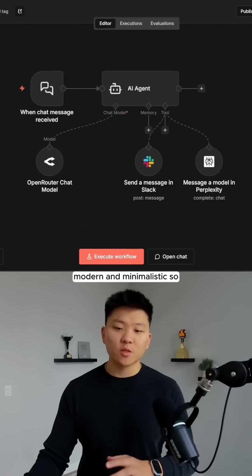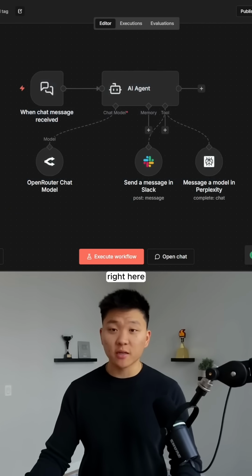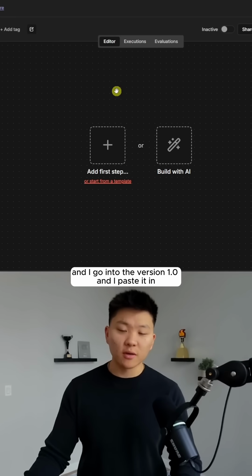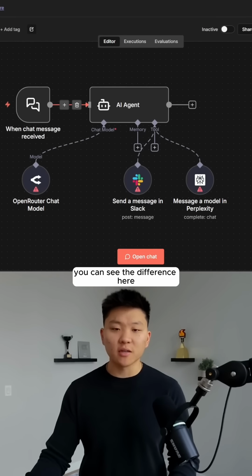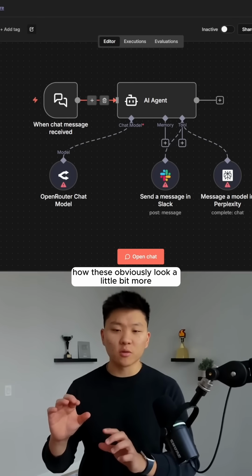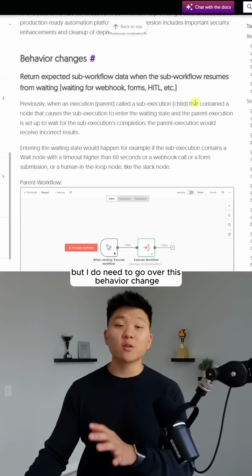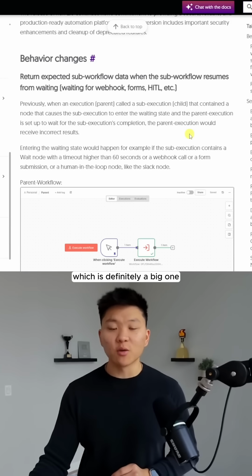and minimalistic. So if I go ahead and copy this workflow right here, and I go into version 1.0 and I paste it in, you can see the difference here, how these obviously look a little bit more almost bulky now. But I do need to go over this behavior change, which is definitely a big one, where